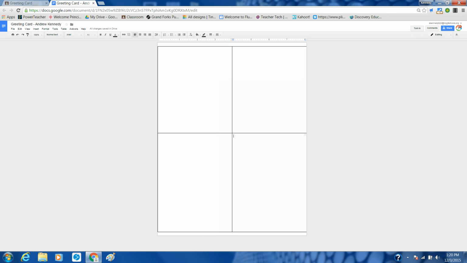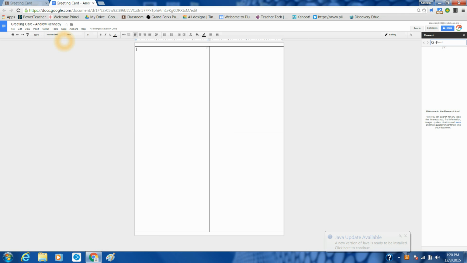Now what we can do is start working on our assignment. When we do anything for this, we're going to do it in this top quadrant here, the one that has that little blue bar, because if you don't do it in that one, it gets messed up and messes up your tables. First thing I'm going to do is a Happy New Year's card. So we're going to go to Tools to get our research. Or you can research it in a new tab up here. That's fine, but we're not going to drag in,